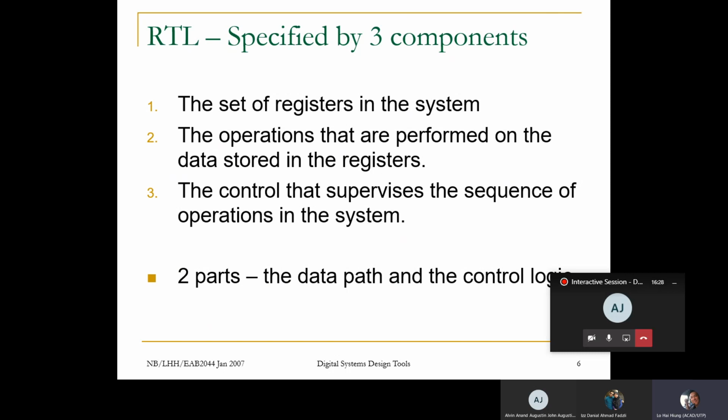Typically, when we describe a digital system using RTL level descriptions, we talk about the set of registers, what are the operations that can be performed on the data stored in the registers, and then what are the sequences of operations, how the operations are being scheduled, or what operation happens after this operation. So when you look at these three parts that are specified in the RTL,